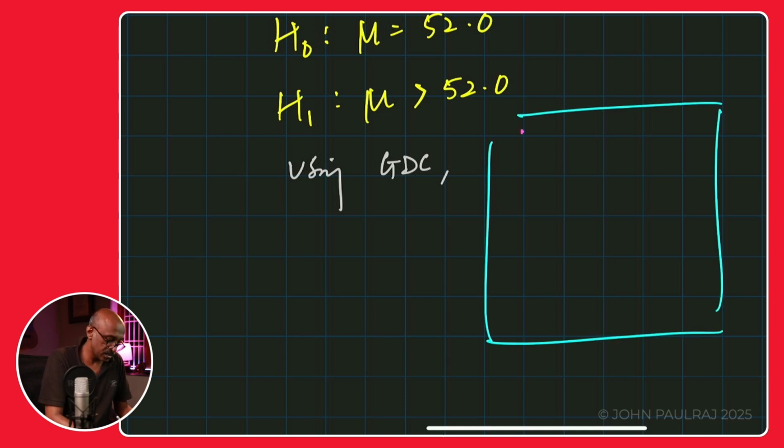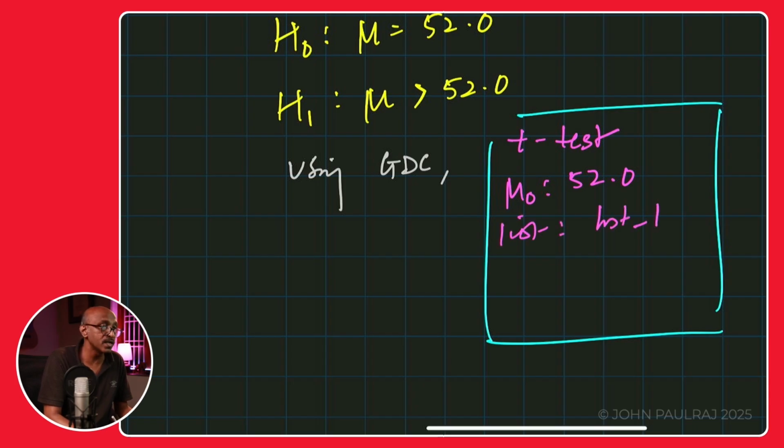You can say t-test, and you've got mu naught written as 52.0. You've got list, and you don't have to show them. You can just say it's a certain list called list 1, and then the frequency list, that's not important, of course, but you can still say 1, and the alternative hypothesis is selected as